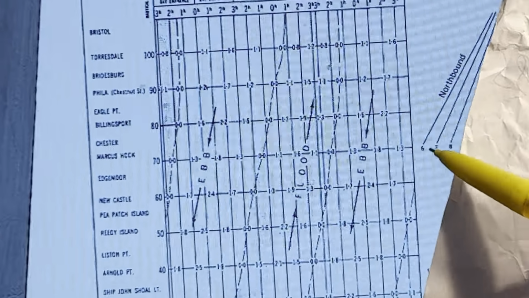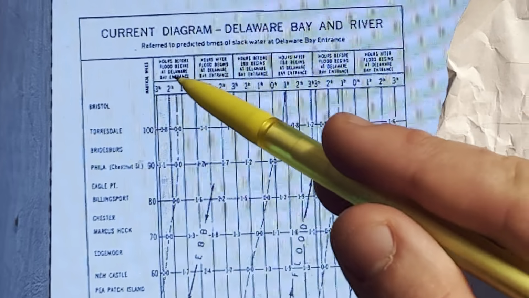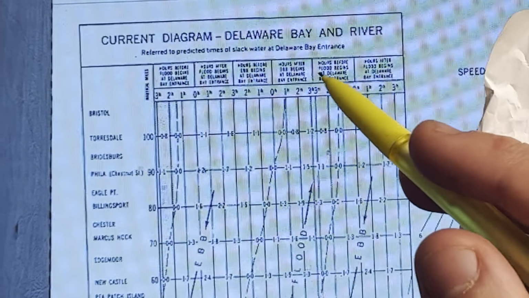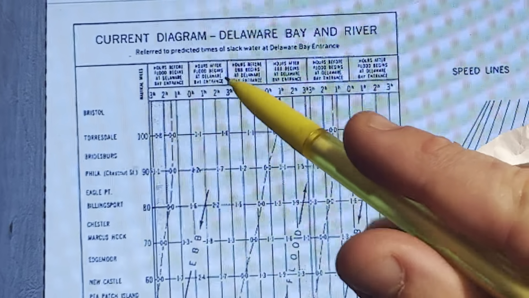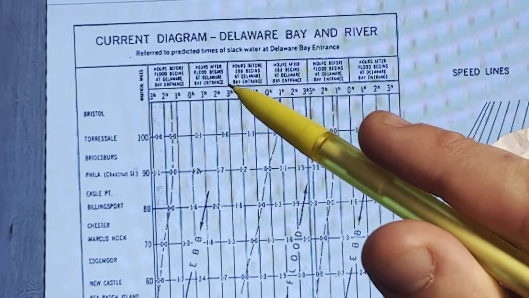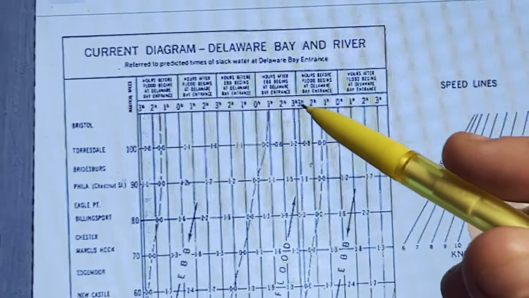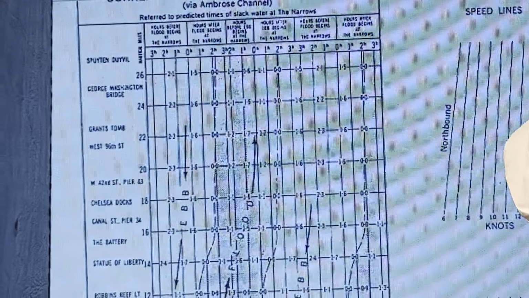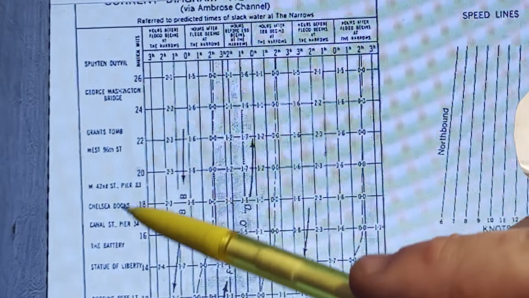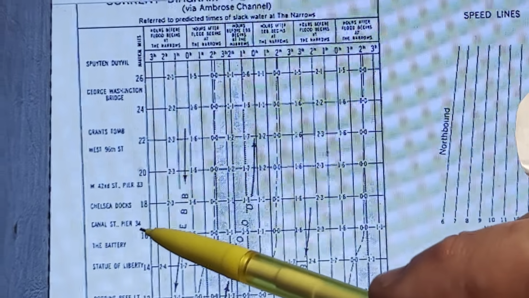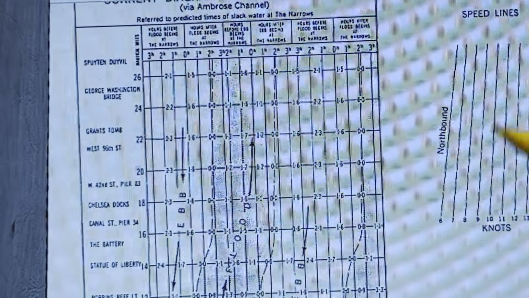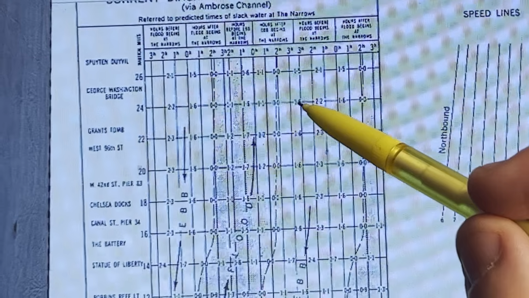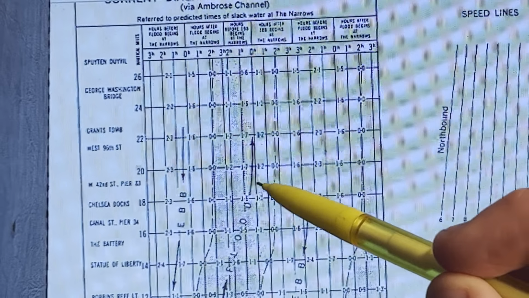So to review, you pick your horizontal alignment off of your hours before or after the flood or ebb, wherever you land. In this case, defined off of the Delaware Bay main station, but it could be, up here, we've got New York. So you could do the same for New York. You then pick your vertical location based off of where your starting point is, your angle based off of your speed,